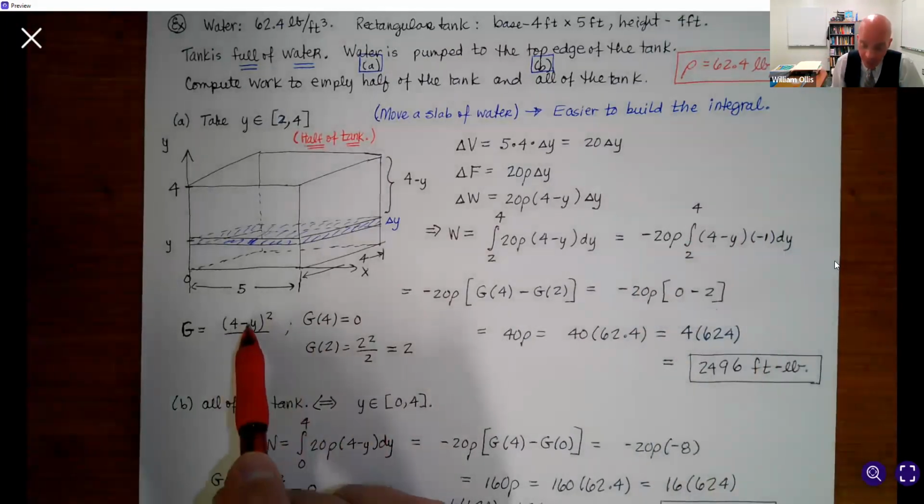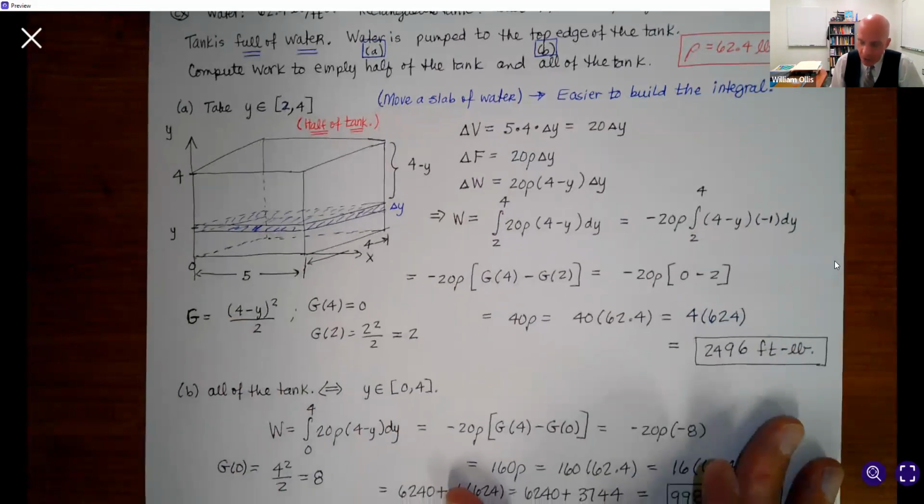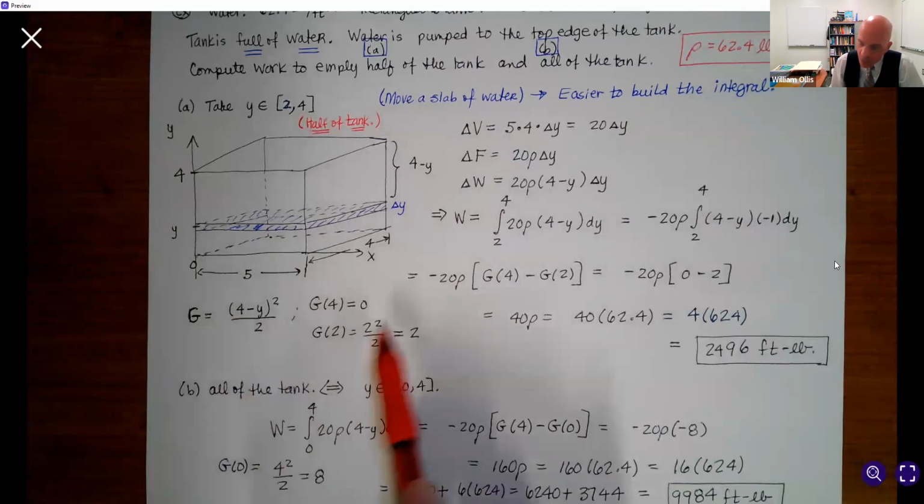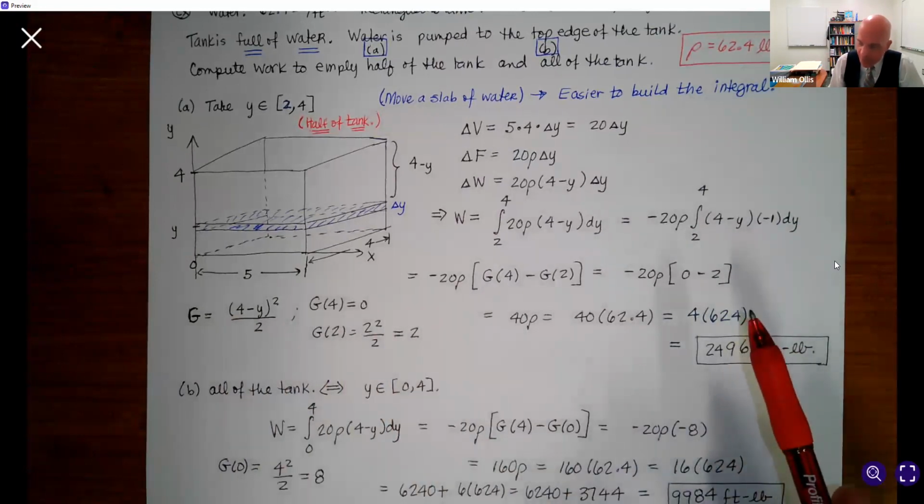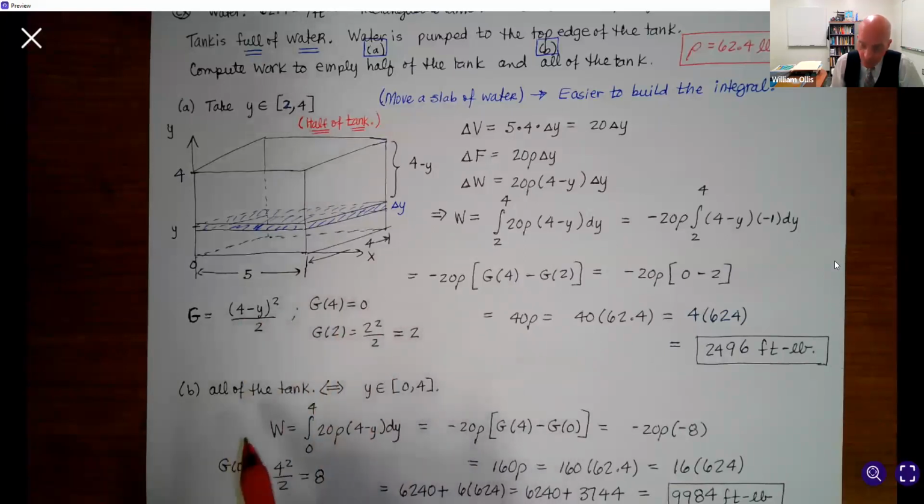So we have our 4 minus y squared divided by 2. That's our big G. And sometimes I'll change the limits, sometimes I won't. I mean, it just depends on how you feel when you do it. Well, notice here, it's just sometimes simple to think of it that way. So we've got our G here. G of 4, of course, just absorbs, we get 0. And G of 2 will just, in this case,